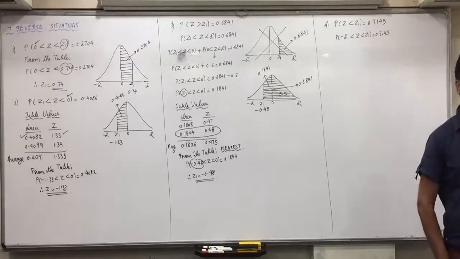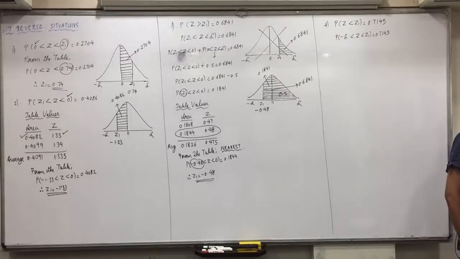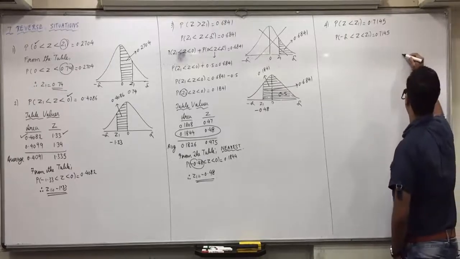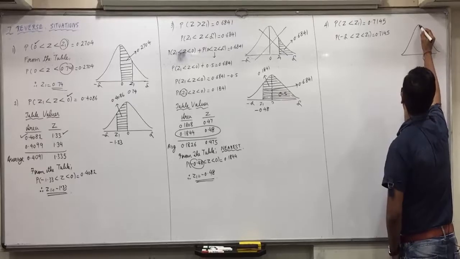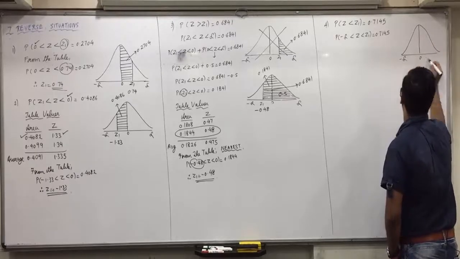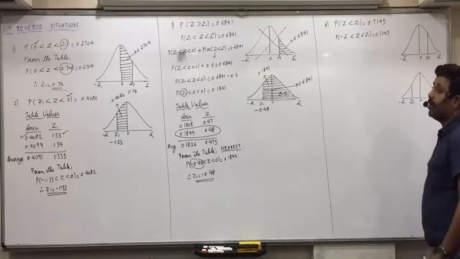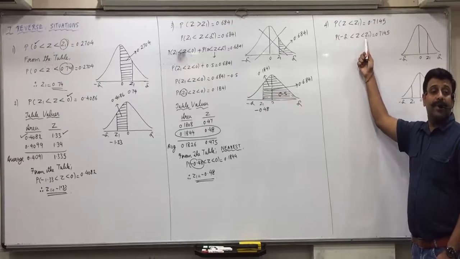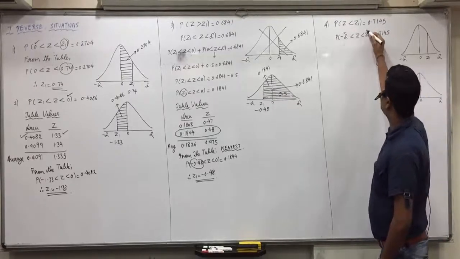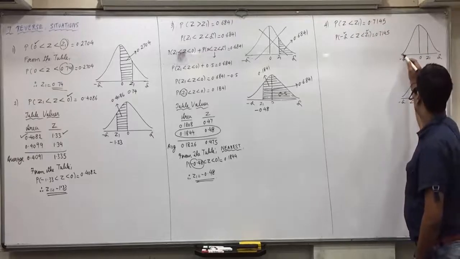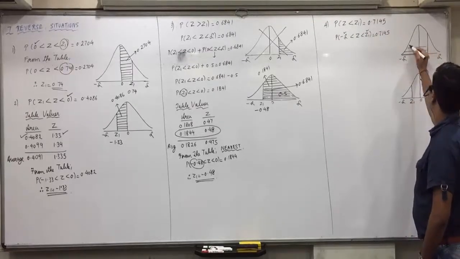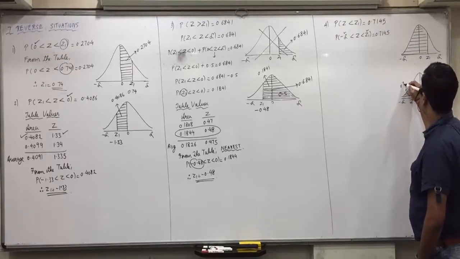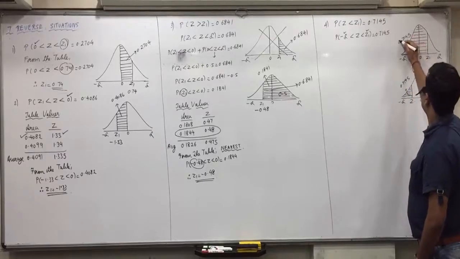Anyone who did not understand this? Now is there any zero? One diagram, two diagrams? Two diagrams. Make two diagrams. In one diagram take Z1 on the right side, and in one diagram take Z1 on the left side. Now we need to do the shading always between the two bracket values. Means we always have to do the shading between minus infinity and Z1. In both the diagrams, do the shading from minus infinity to Z1. And this area is 0.7145.